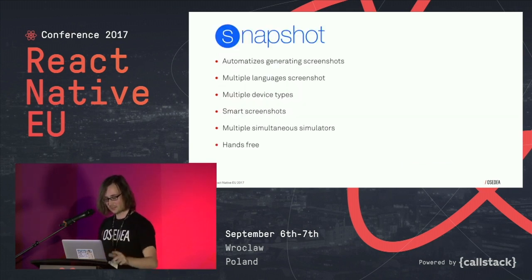Okay. So Snapshot. Snapshot is the most time-saving tool available with Fastlane. It automates the generation of localized iOS screenshots for different device types and languages on the App Store, which means that it makes it really easy to take smart screenshots of your application. What I mean by smart screenshots is it's actually going to wait for the network request to be finished before